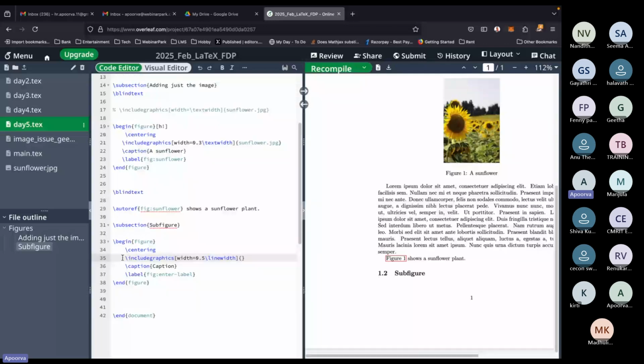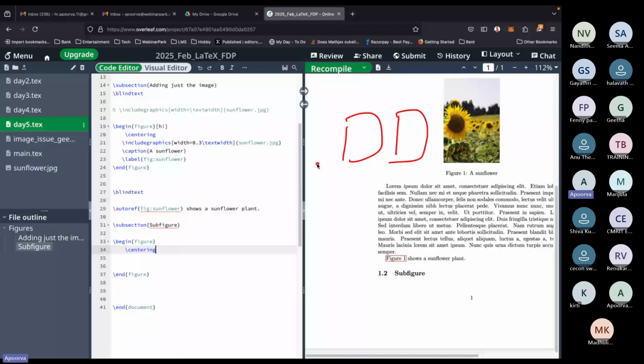So let me just get rid of this entire thing. Now, by default, the figure environment just lets me put one includegraphics command. But here I would want two images right next to each other. So to do that, we will use the subfigure environment. So begin